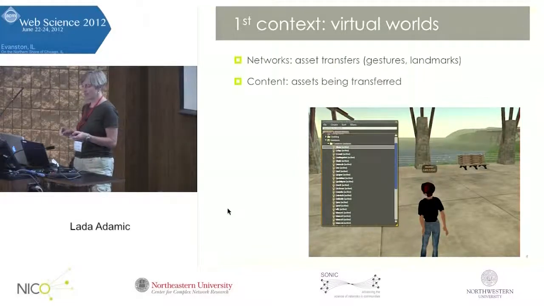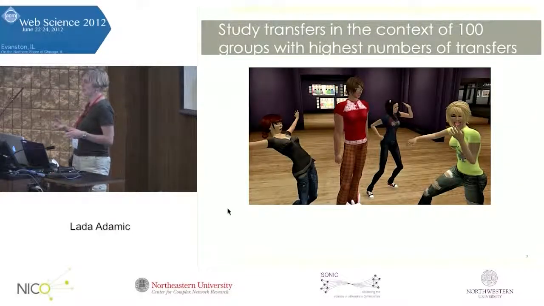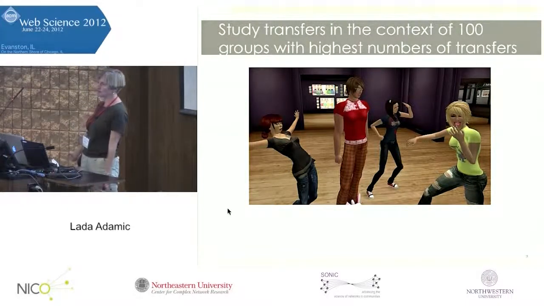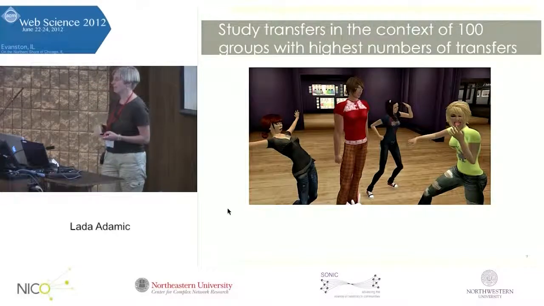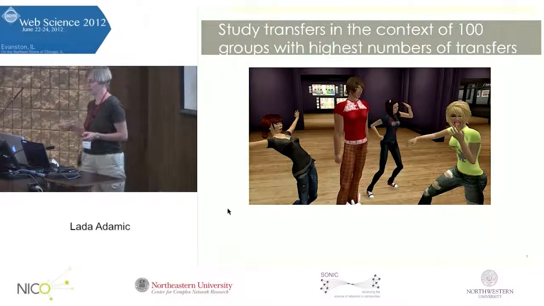The other is that once you're at that location, you may want to be able to move your avatar around in a certain way. So for example, if you landed in a dance club and everyone has super groovy moves and you're just standing there stiff because you don't have a little script that makes your avatar move, well, one of the other users can give that script to you, and that's another asset that we track the flow of. And we study the top 100 most active groups in terms of asset transfers.